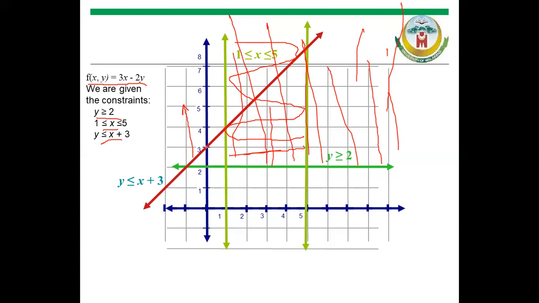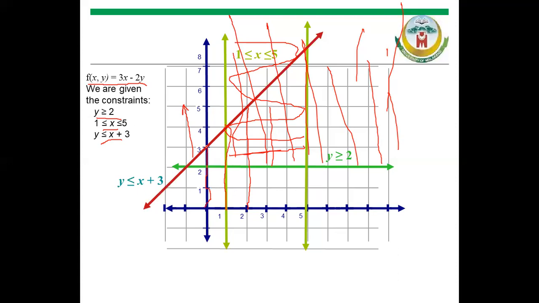Let's say at this position x is 1, so x plus 3 is 4. And at this position, 2 plus 3 is equal to 5. Okay, so at this 5, the y